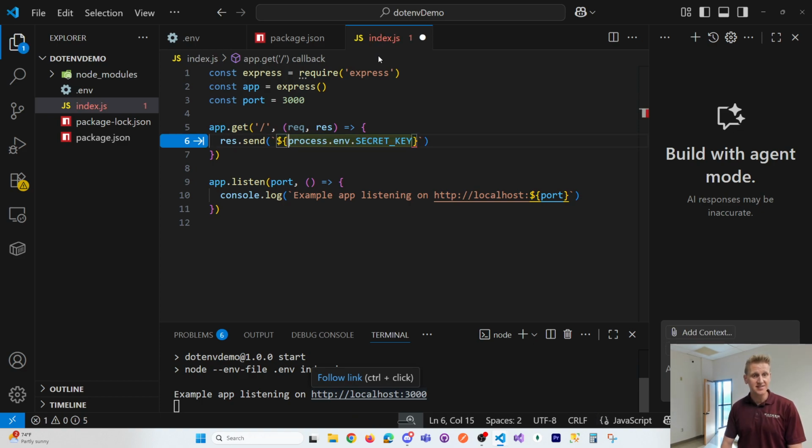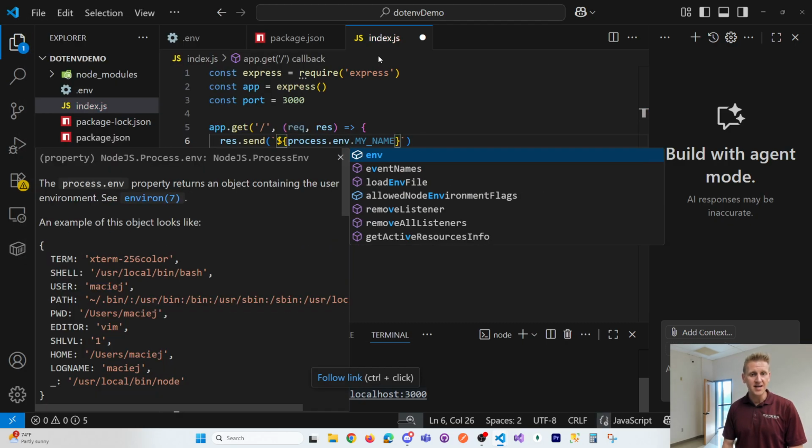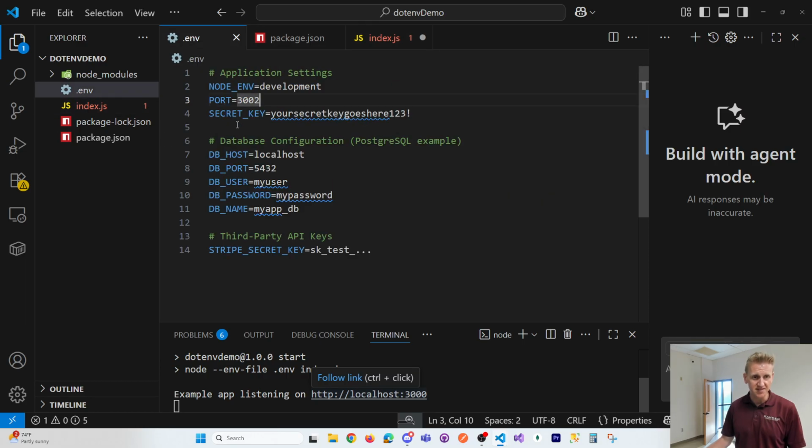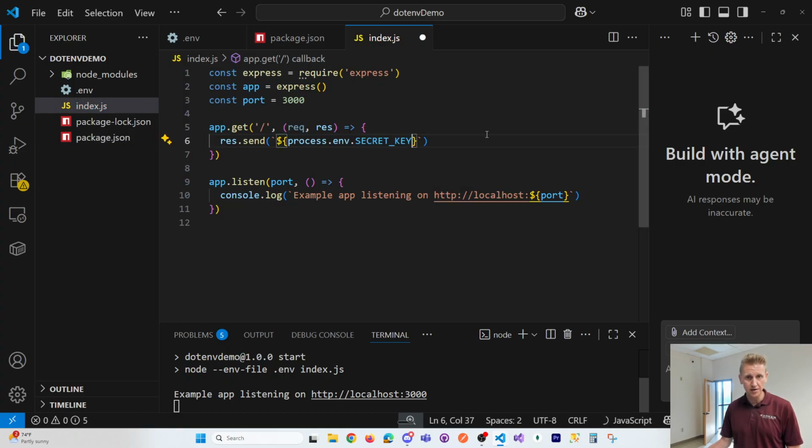And this is process.env.variable name. So in this case, if you want to read your secret key out into here, paste in secret key. Okay, obviously this is not something you would necessarily do, is take your password and put it in a GET request, but